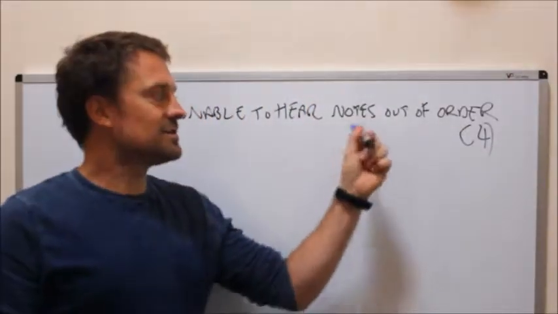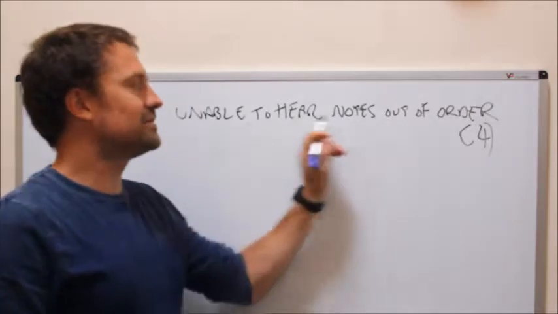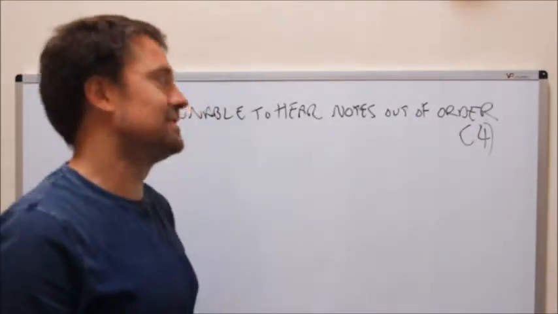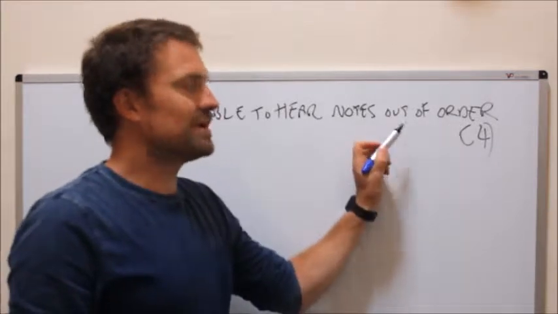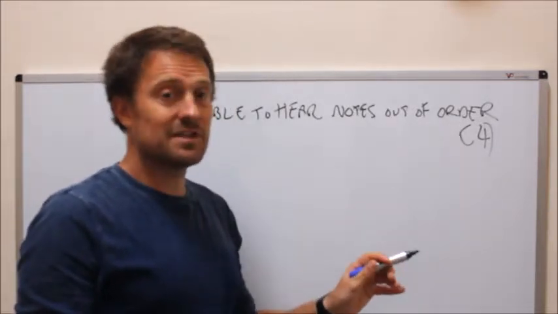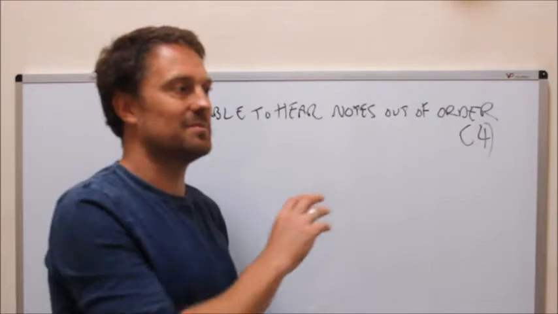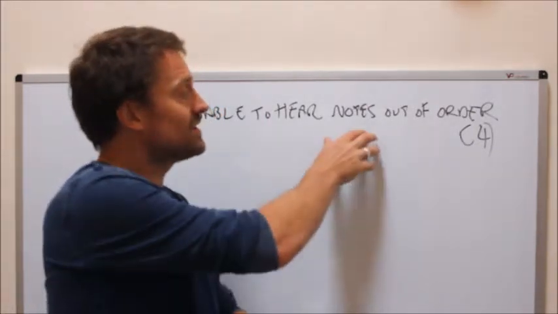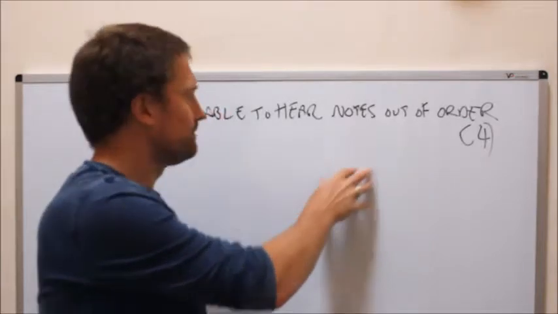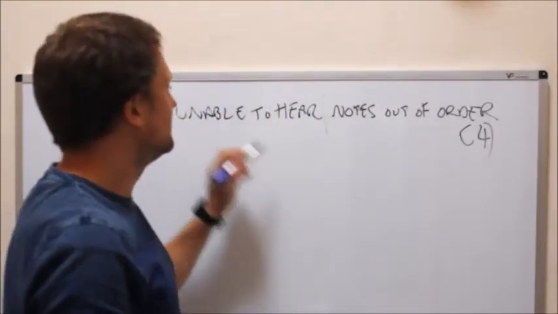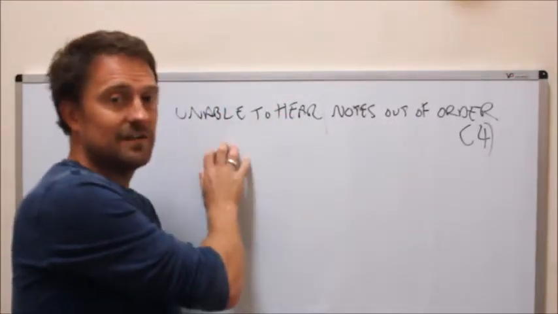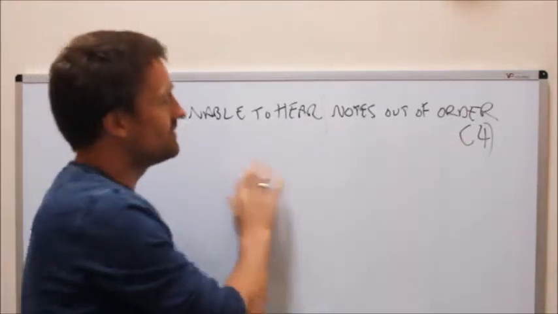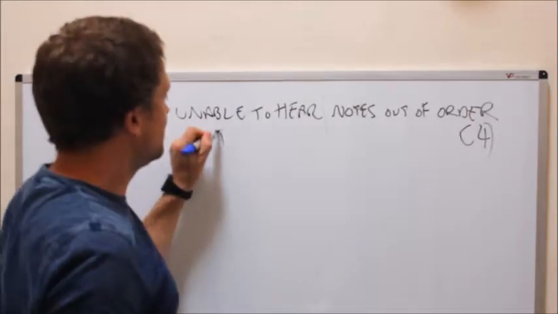Unable to hear notes out of order, 4 letters. Now, same system as ever, look for your definition. Out of order, straight away, could be an answer, but it's starting to look like a piece of functionality because you know that stuff's being messed around with, stuff's being moved out of order. And you might start playing around trying to make an anagram of notes. But in fact, if that's functionality, look for your definition at the other end. You run through unable, you might look at can't. Unable to hear, you will eventually, of course,